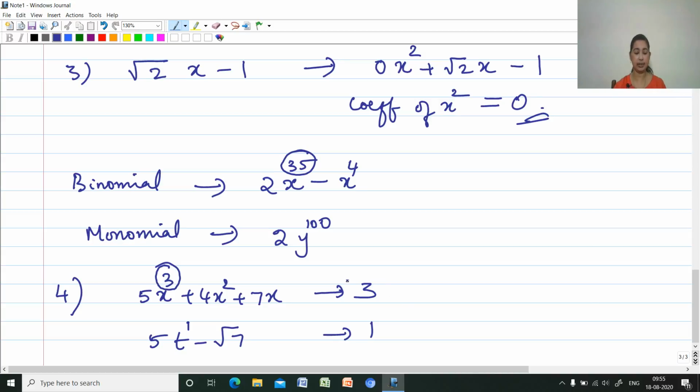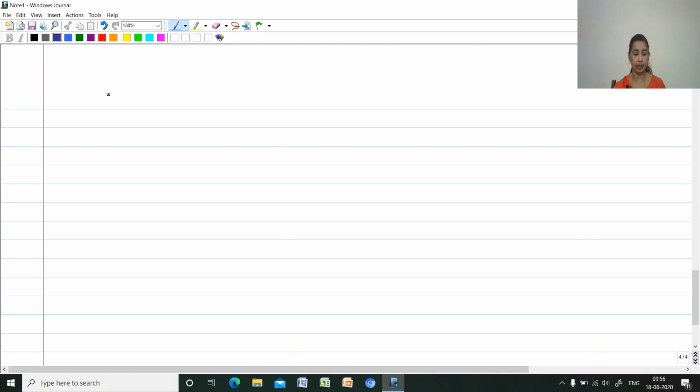Now the fifth question is classify the following as linear, quadratic and cubic polynomial. That also we have discussed, what is a cubic polynomial, what is a linear polynomial and what is a quadratic polynomial. Linear means the power should be 1. Then quadratic means the degree should be 2. Cubic means the degree should be 3. So first one there is x square plus x. We can see here the degree of this polynomial is 2. Therefore, it is quadratic.